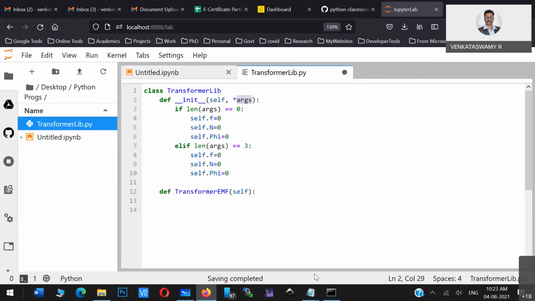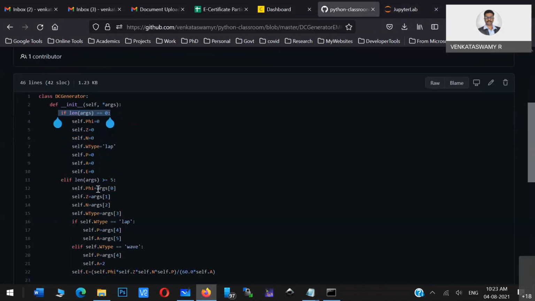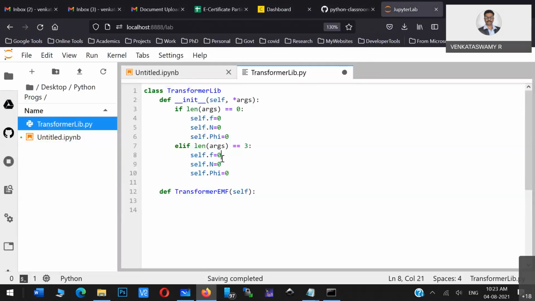Whatever argument you are passing in the constructor, it has to take that value. So I'll take the constructor values: argument 0 will be your frequency, argument 1 will be your number of turns, argument index 2 your flux.